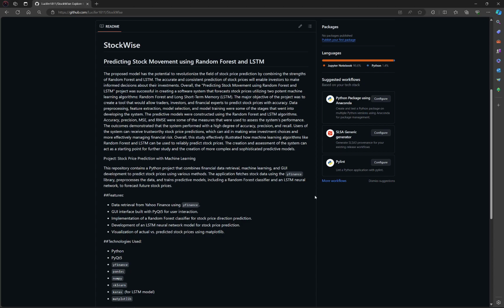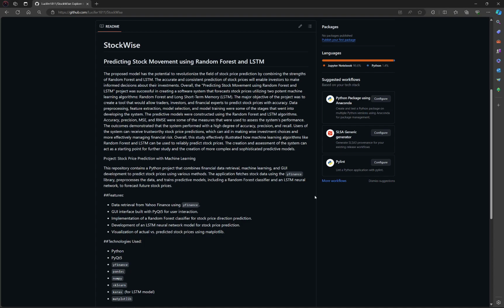It is a stock prediction application designed to assist you in making informed investment decisions. This application leverages machine learning models to analyze historical stock data and provide predictions for future price movements. The key features of this application include a simple and intuitive interface allowing you to easily enter stock codes and